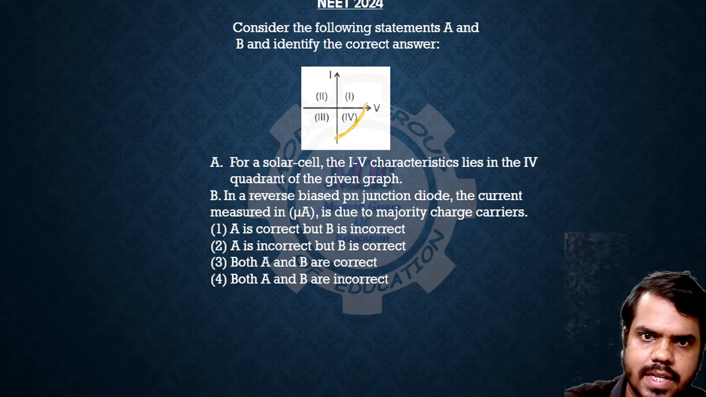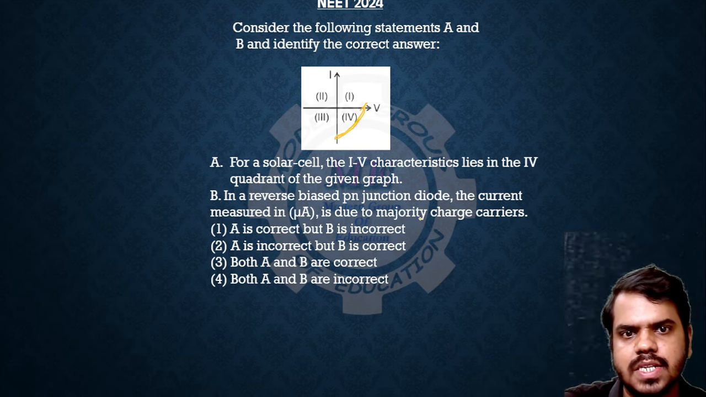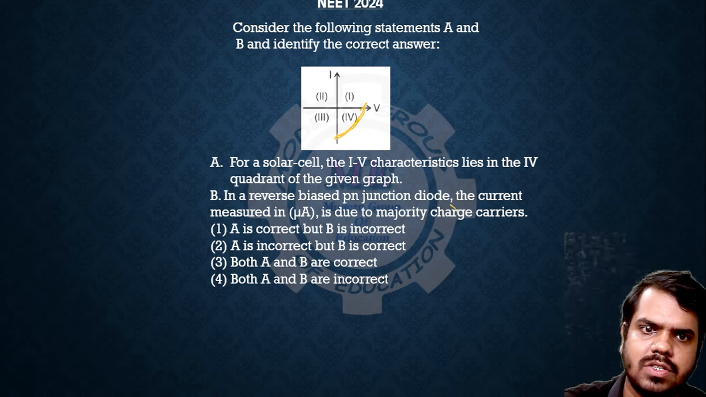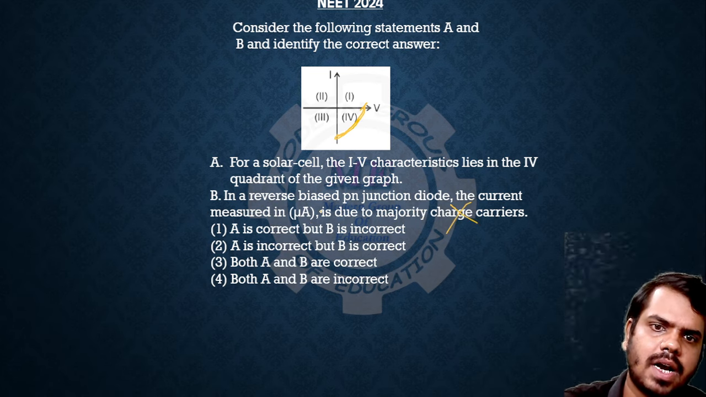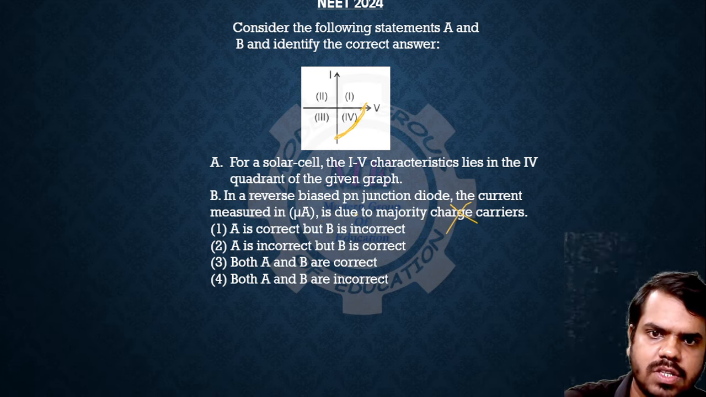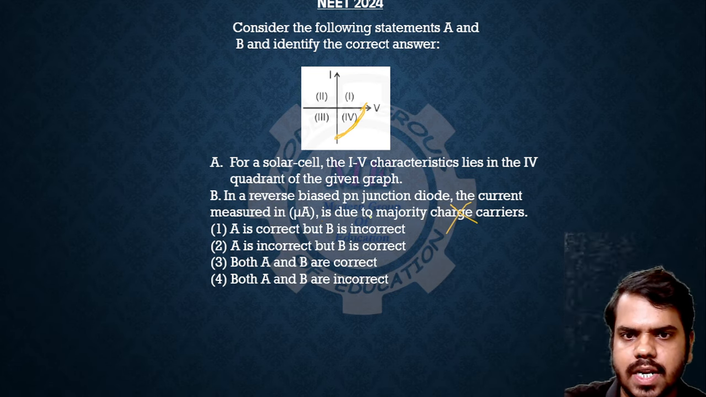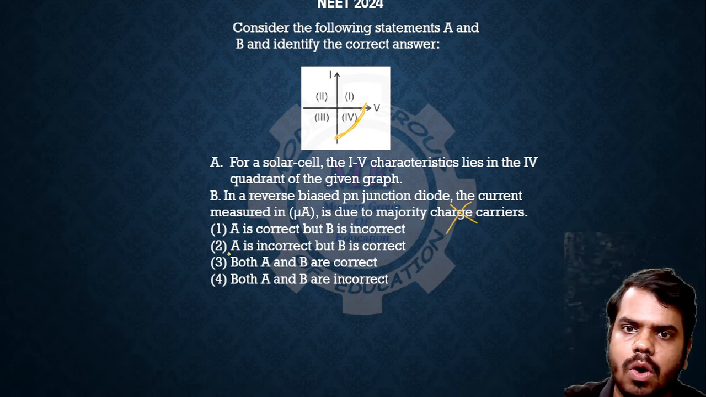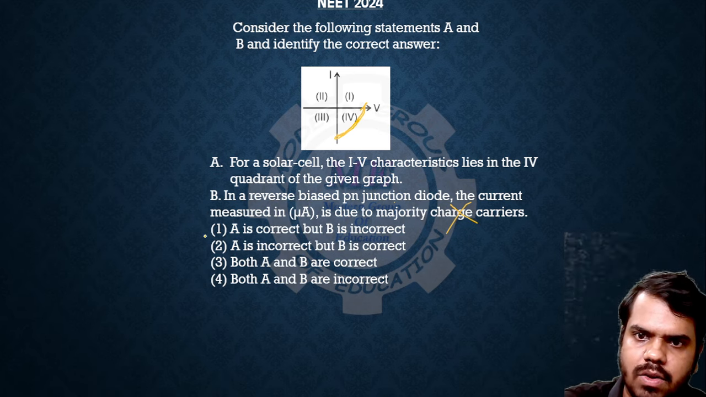Okay, just like this. In a reverse bias PN junction, the current measured in microampere is due to majority charge carriers. No, it is not. It is wrong, because the current will always be due to minority charge carriers here. So option A is correct, but B is incorrect. Option 1 is